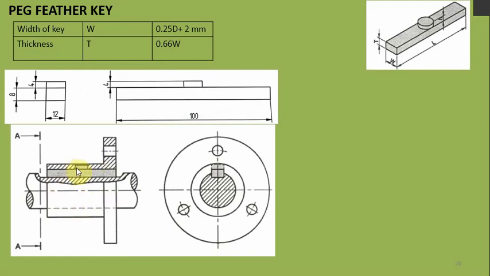Here you can see the peg is sitting into the hub. So this is a reference figure, this is the side view. So these two sets of figures you should draw in your sketchbook, taking D as 40 mm. So for all the figures you should take diameter as 40 mm.